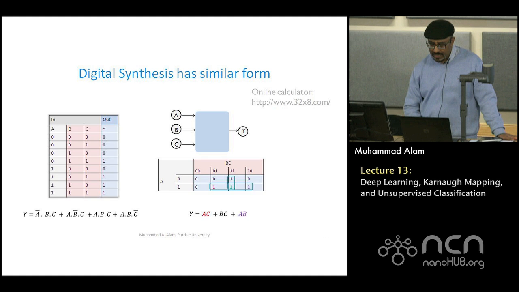But between this, B is flipping from 0 and 1. So therefore, I don't care about B. What do I care about? C. C is not flipping. So that's that. And I leave you as an exercise that you just look at the last one and it